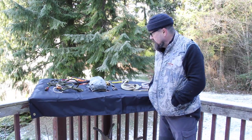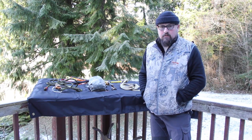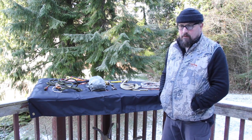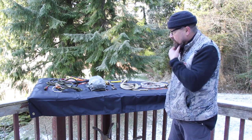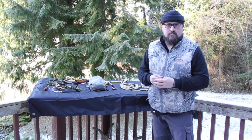What we're gonna do is kind of do a little bit of an informational take on lanyard options that are available in arboriculture. There have been quite a few new developments over the years. Probably where we'll start out is the one that folks are most familiar with. The reason we're doing this is for first-time buyers and also to show experienced users some options maybe they're